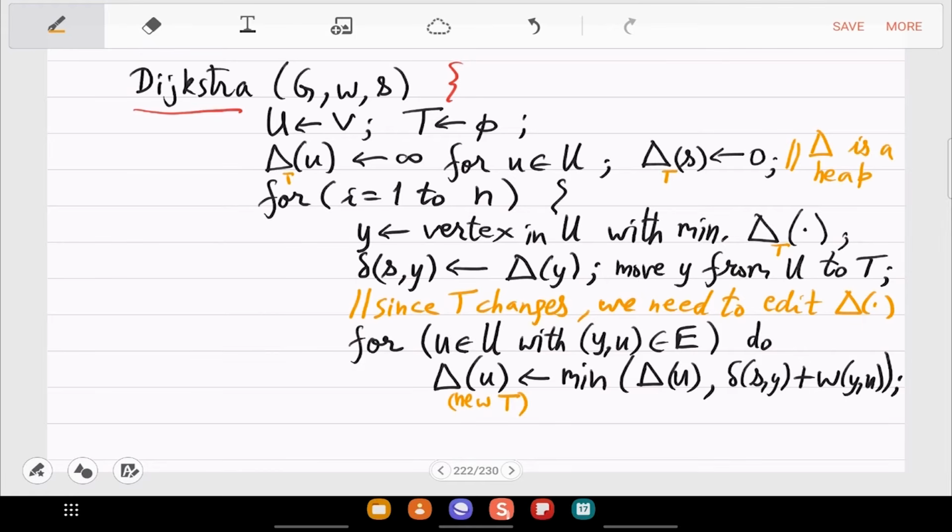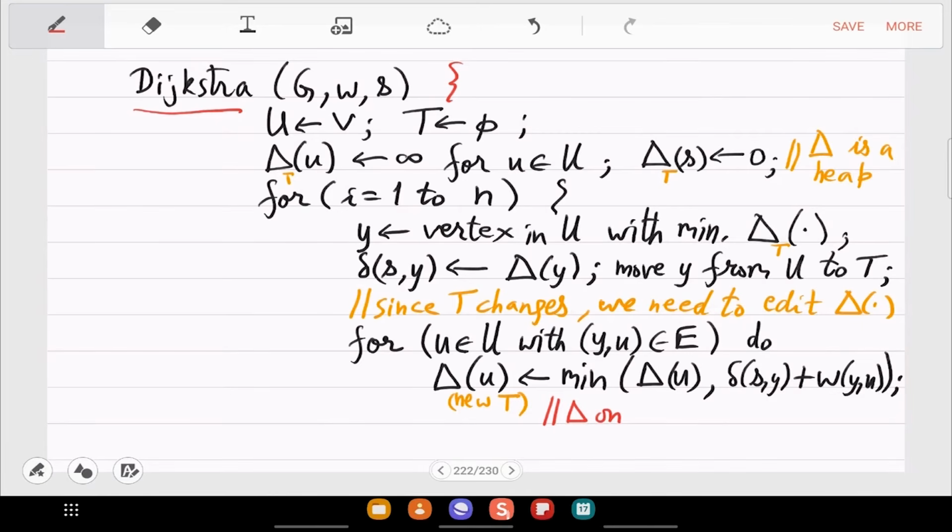Yeah, so that is automatically removed. It's a good point. It will be automatically removed because whenever you call delta on some vertex, that vertex is outside the tree. So when you move y from undiscovered to the tree, then this delta will never actually be used in the future, because you are only interested in outside ones, undiscovered ones. But still, we have to make sure that the delta on the undiscovered ones is correct. So that's the thing you should be convinced about here.